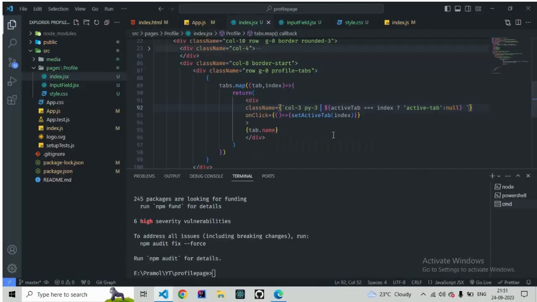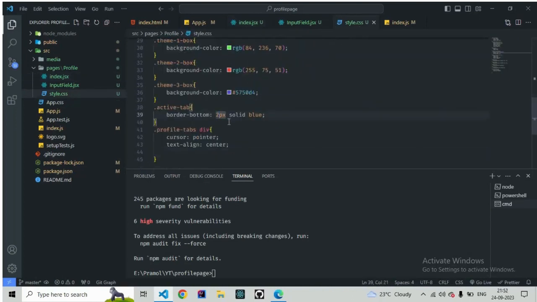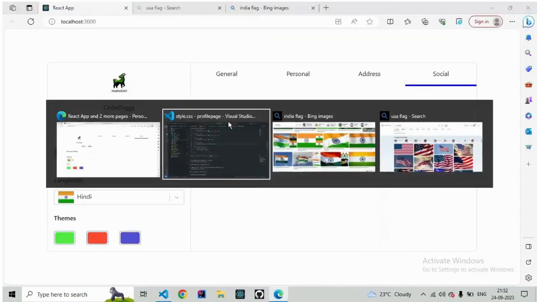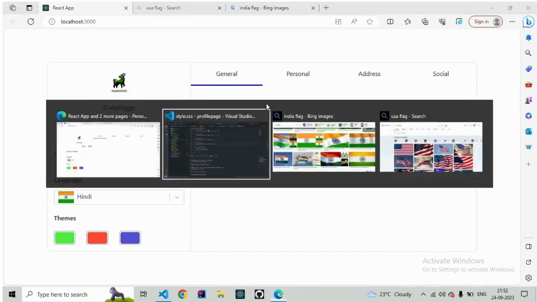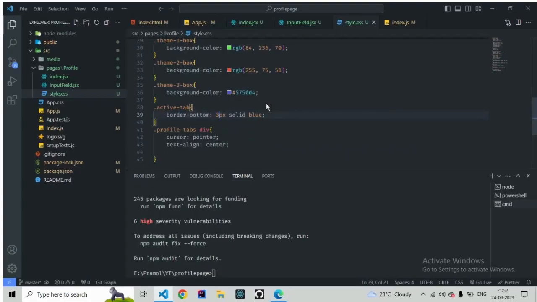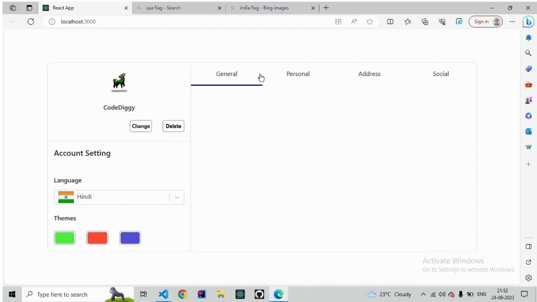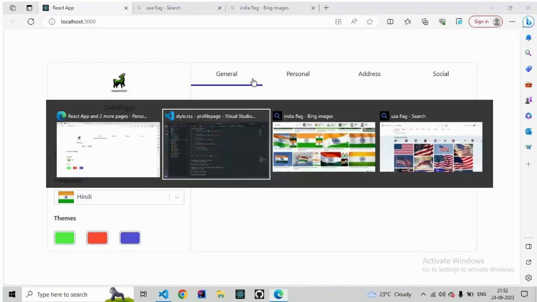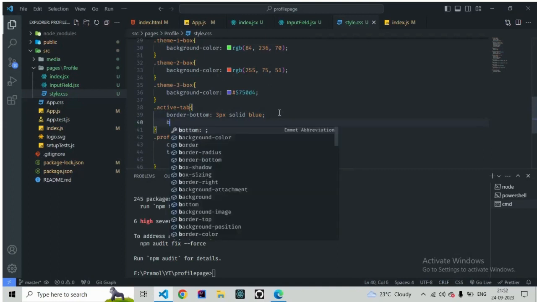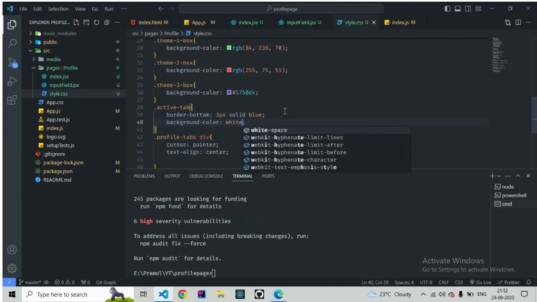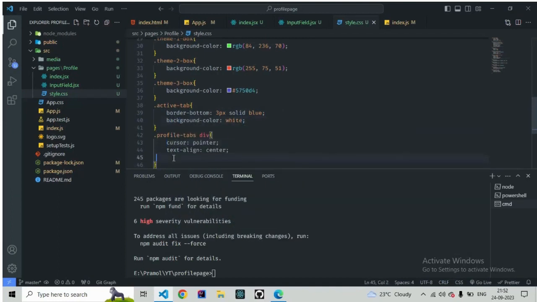Okay, let's increase the size of this border bottom. So let's make it 5. No, it is too big. 4. It is also too big, so 3. Okay, now it looks good. Also, let's give a different color for the inactive tabs and for the active. For the active we will add the background color as white, and for the inactive we will add the background color as